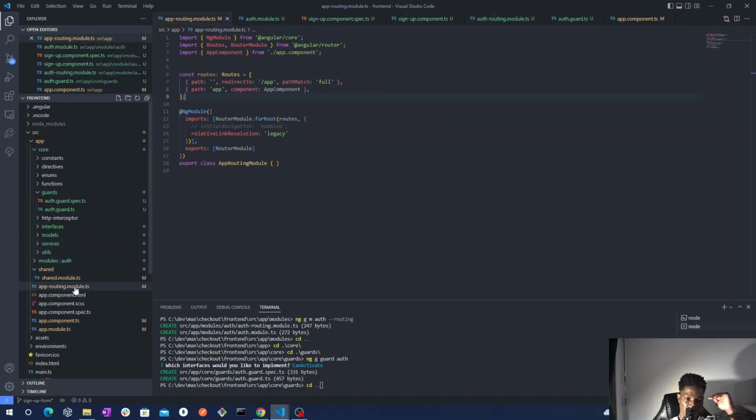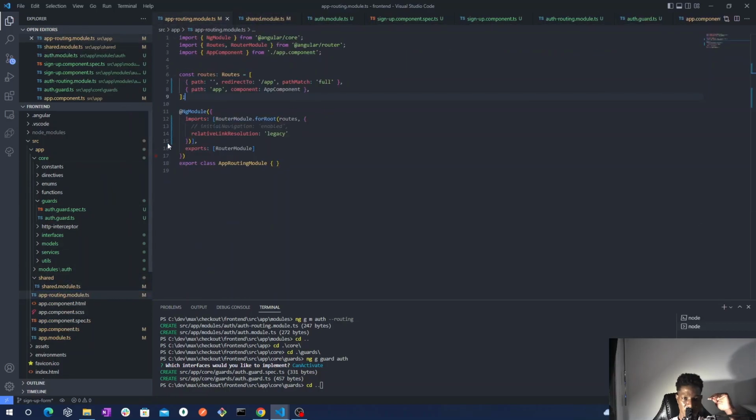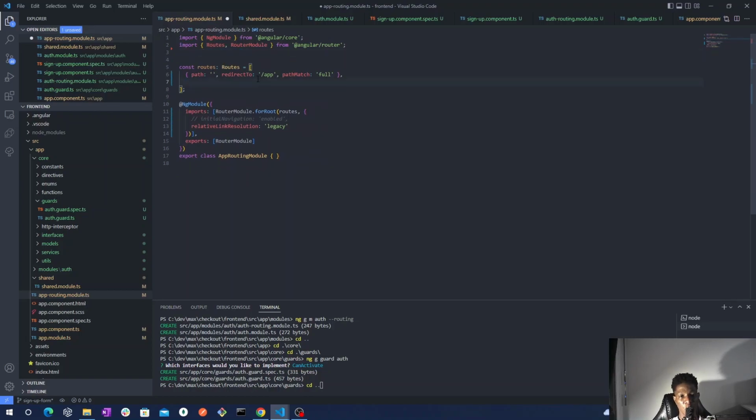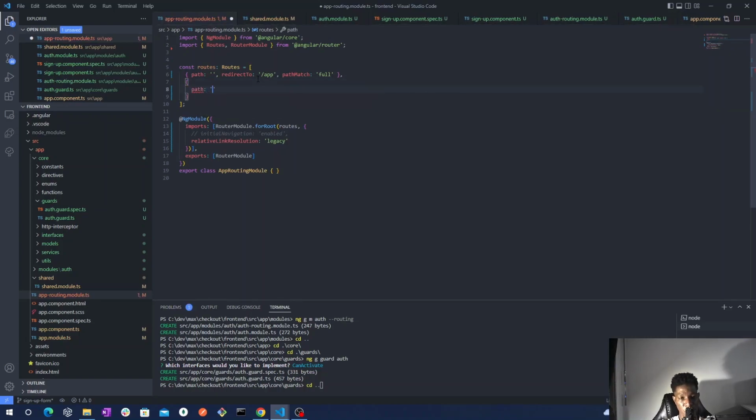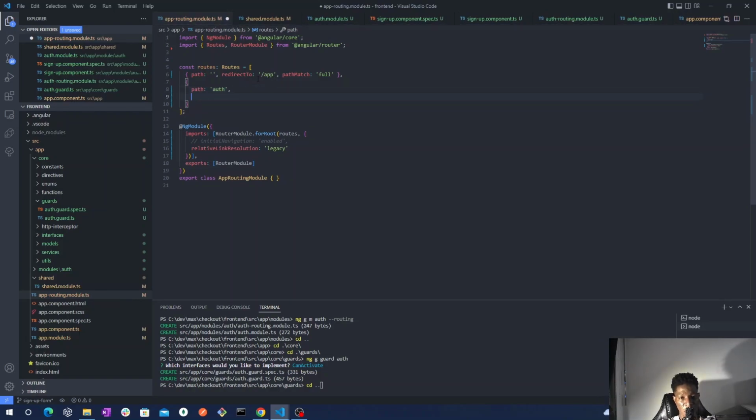So this is the app routing service. Here, basically we will just remove this because we don't need it actually. And what we say is that we want to create a path. So the path will be authentication, auth to make it easy. And here, instead of using component like we did on the root file, we just load the module. So we say loadChildren, and the loadChildren will be